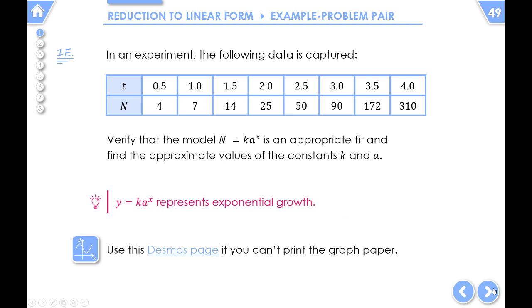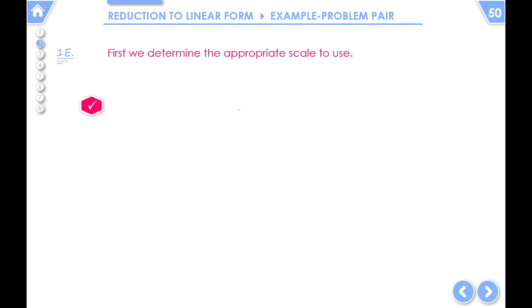Okay, so the first thing we're going to do is start with that equation. Sorry, I forgot it. N equals ka to the x. Okay, and what I'm going to do, I'm going to rearrange this and show you why it will be useful to plot it on a log scale. So the first thing I'm going to do is take logs of both sides. So I'm going to get log n equals log of k